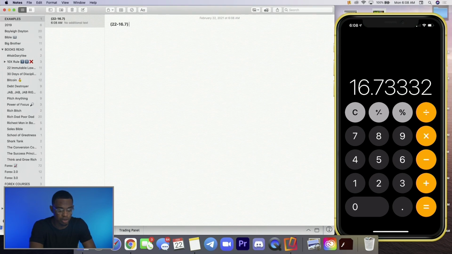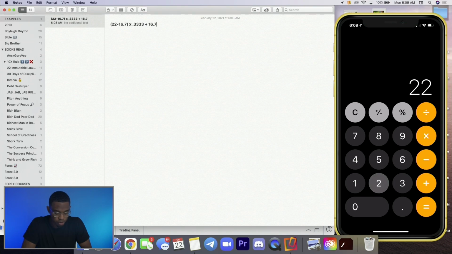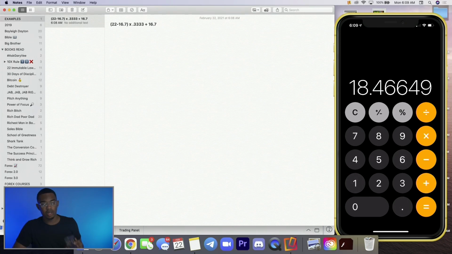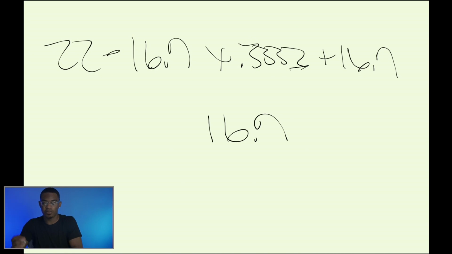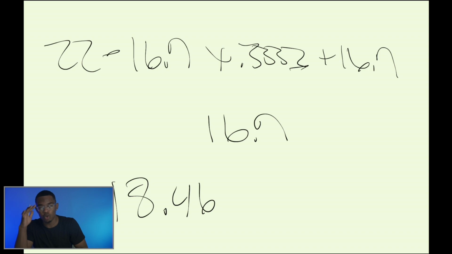It was just a lot easier to use regular numbers for this example. 22 minus 16.7 equals 5.3, times 0.3333 equals 1.76, plus 16.7. The new EMA for today is 18.46. So you see how EMAs are so quick to react to price, because all they're doing is focusing on